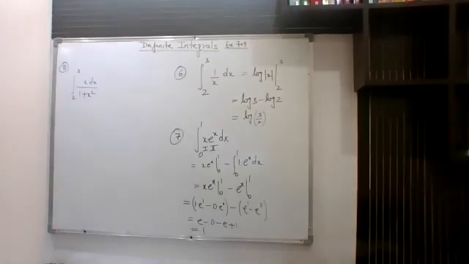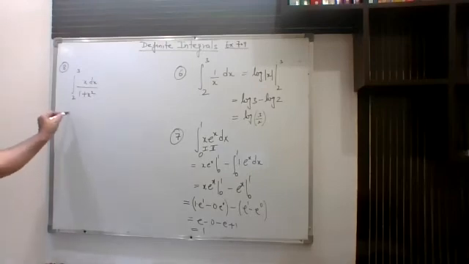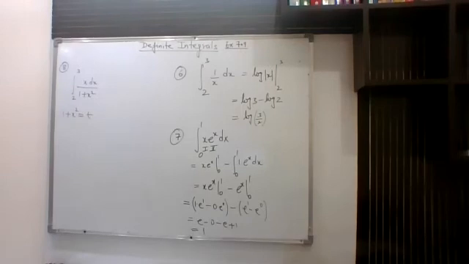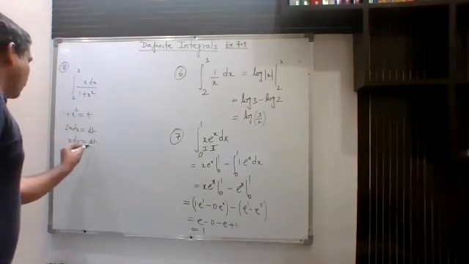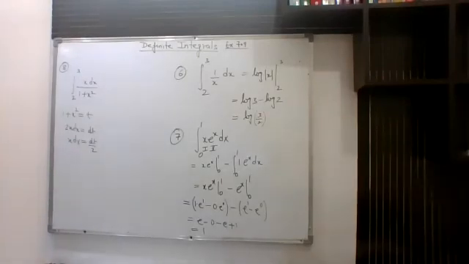Now here, if you analyze this one, then this is based on the substitution method, that is exercise 7.2. We have to put the denominator as t, and then we can do it. So let's see how. When you put 1 plus x square is equal to t, now you will differentiate both sides. So you differentiate and you will get 2x dx is equal to dt. So x dx can be written as dt by 2. This is what we had substituted. So x dx will become dt by 2.